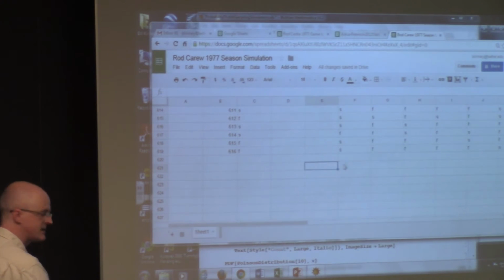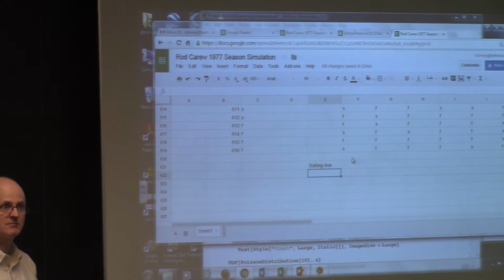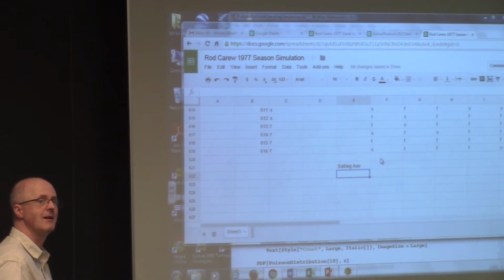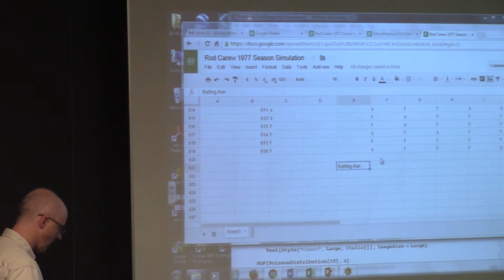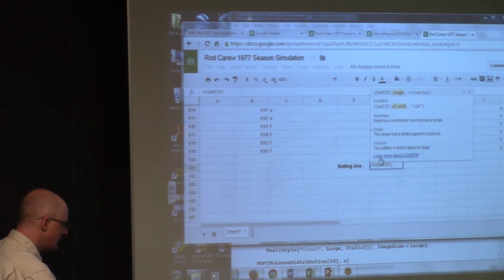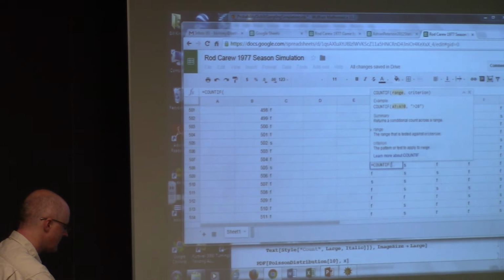This is actually pretty similar to some things we've done before. The batting average is really like a sample proportion, a p-hat, for these 20 different seasons. This is not that much different than what we've done before. You can use equals COUNTIF. These things started in what? Was it row 3 or row, I forgot. Row 4, I think? They start in row 4.